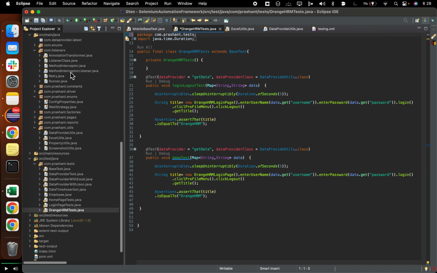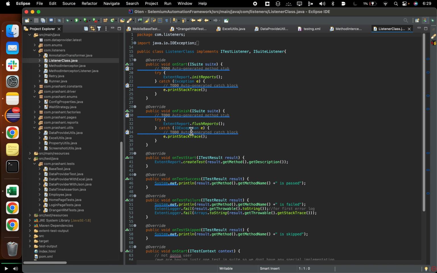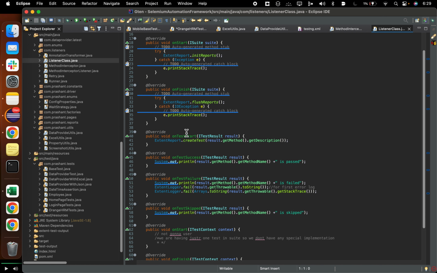And one more thing I wanted to mention was, for example, here you're setting the description in the interceptor method. One thing I wanted to put, that if you are setting the test description, you also need to put in the listener class. If we go, you also need to put here while creating the test,